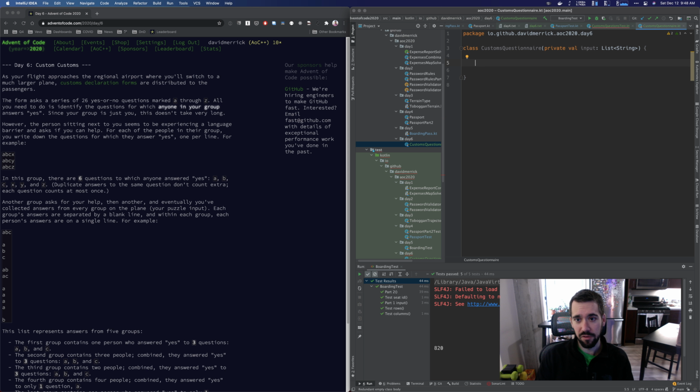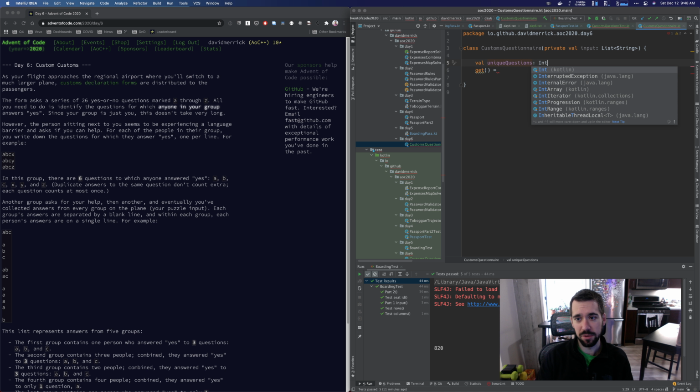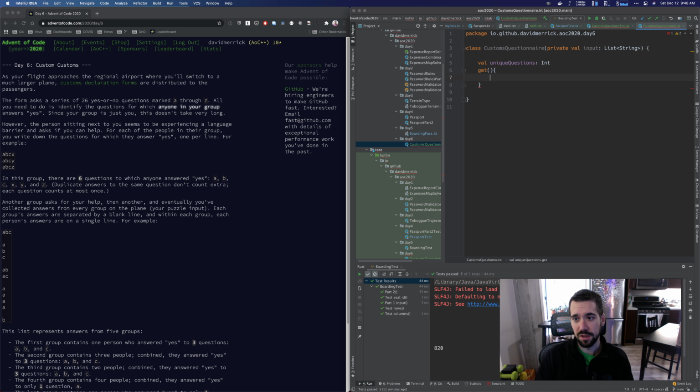And then I'm going to have a variable called val unique questions. The getter for this is going to be an int. The getter is going to be input